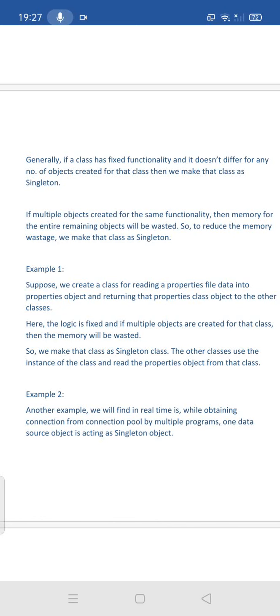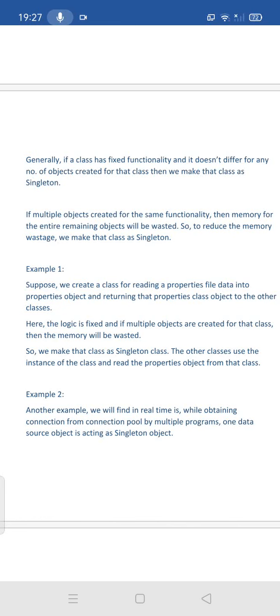Let's take an example. In our application, we have a properties file with some data. I'm creating a class with the name ReadPropertiesFile. This class's functionality is to read the properties file data, create an object with the data and return it. In our application, several classes need properties file data.